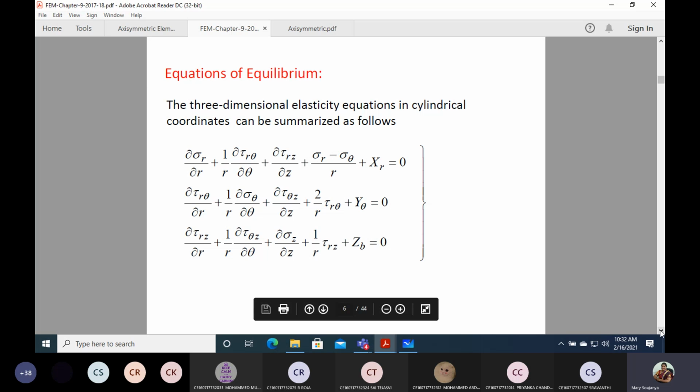Now after the equations of equilibrium, the next thing is the strain displacement relation. Remember how we went for the 2D element in the beginning, in unit 3 or unit 2. We took the equations of equilibrium, then the strain displacement relation, then we found the stress strain relationship, from which we got a D matrix. Here also for the axisymmetric problem the same pattern is taken.